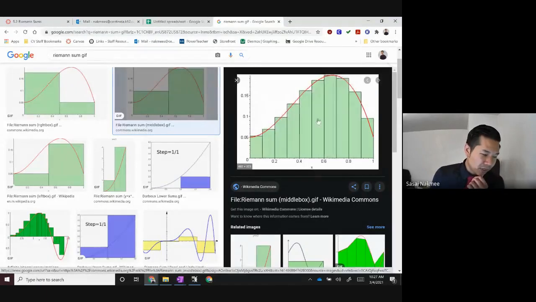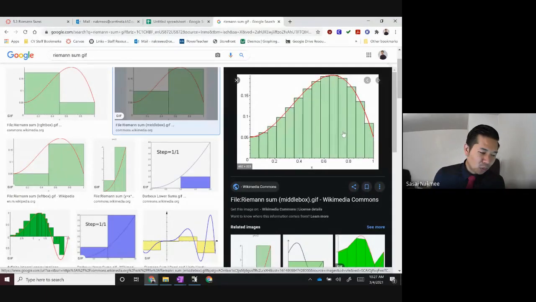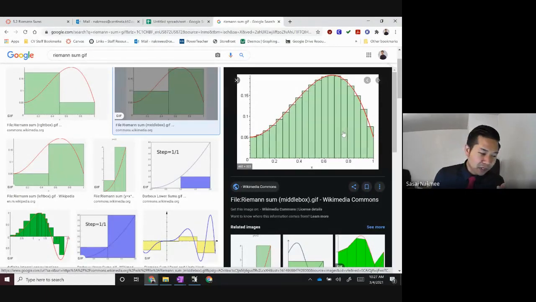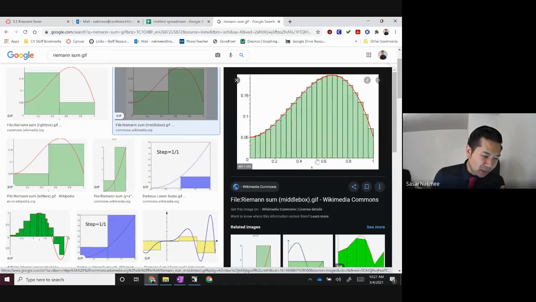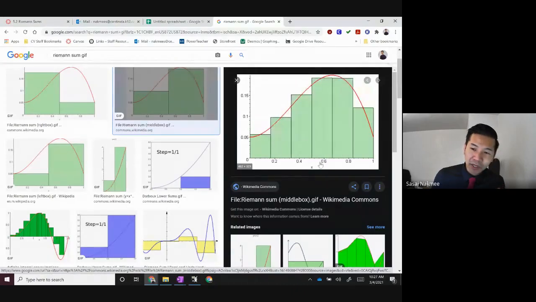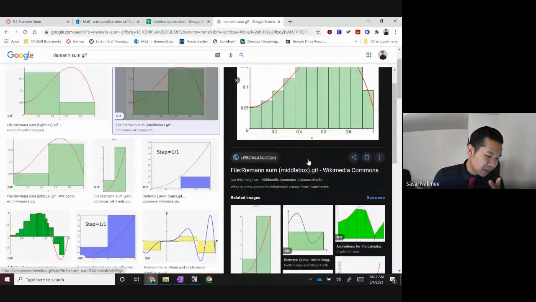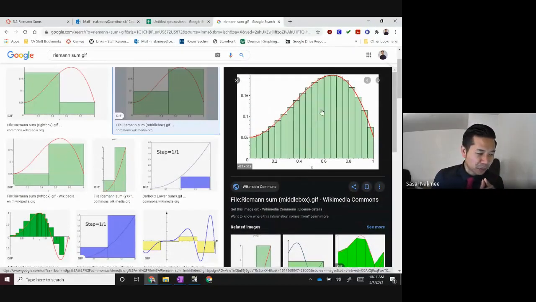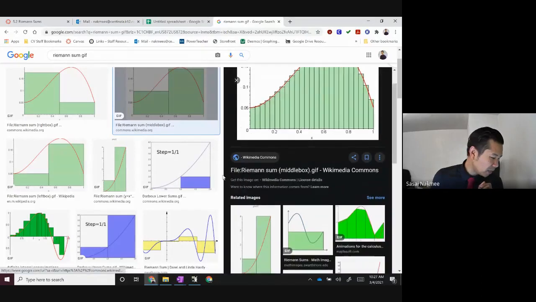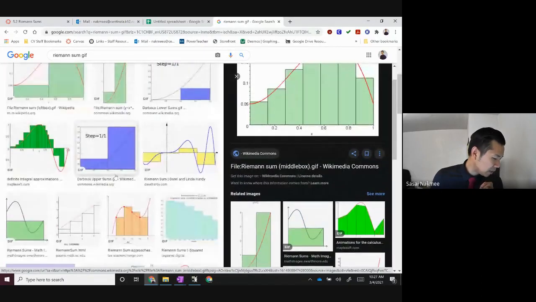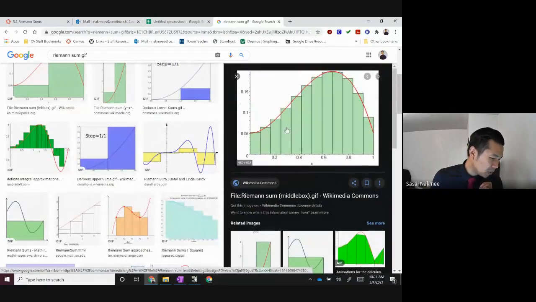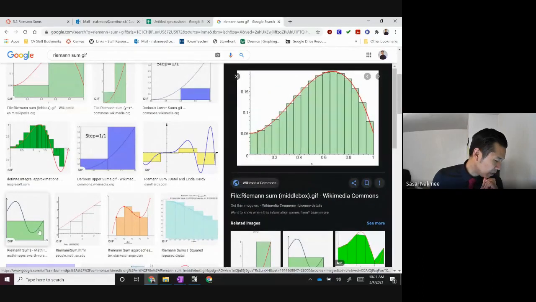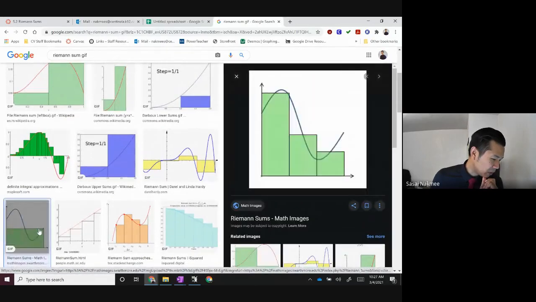As I increase the number of rectangles, as n goes off towards infinity, the delta x's, the widths of each of these rectangles get smaller and smaller, right? And eventually, as it goes off towards infinity, the widths get infinitely small. It approaches 0. And once it approaches 0, you get a nice, perfect representation of the area underneath the curve. This one stops before it gets to infinity, which kind of bothers me. Do you go off towards infinity?